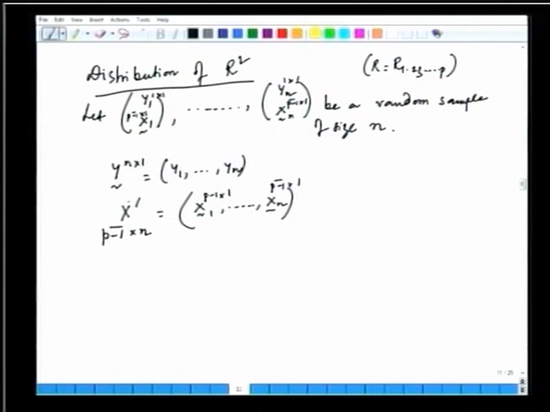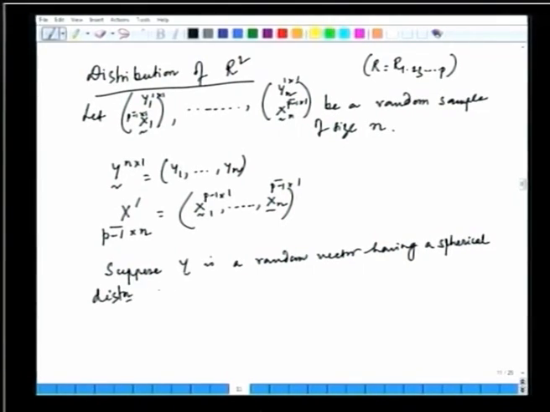So, we have the vector y and the matrix X transpose, where we have incorporated our full data, and then we say that suppose y is a random vector having a spherical distribution with